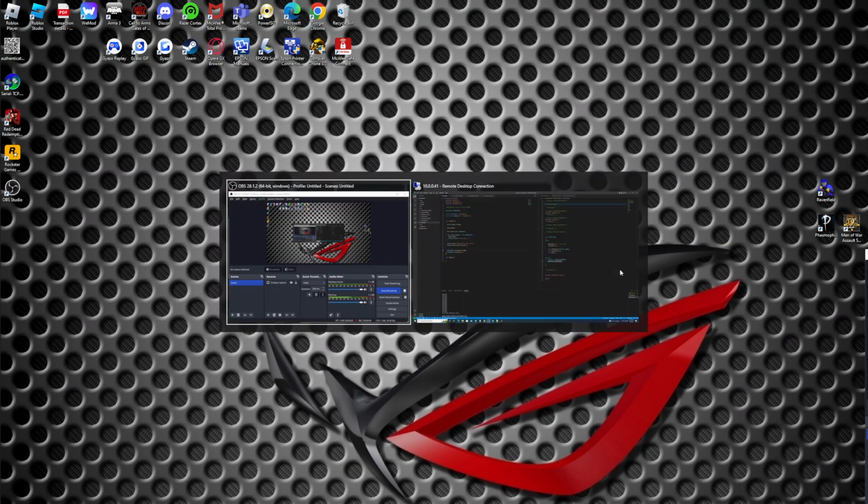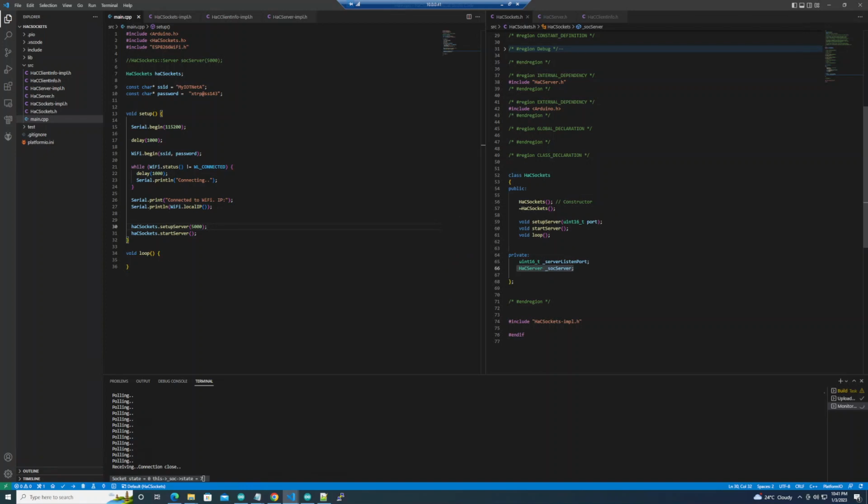So I have created a new library for socket. Actually, I need this library for one of my applications on my IoT project, which needs a socket server that can communicate with other devices. But unfortunately, when I looked for the built-in library within the Arduino, I could not find the perfect one that would suit my requirement. So I just decided to create it myself from scratch